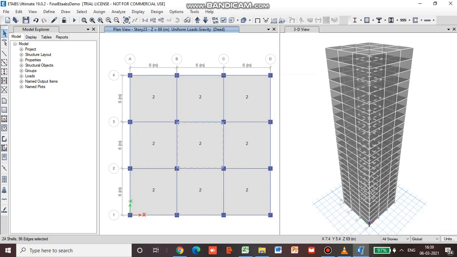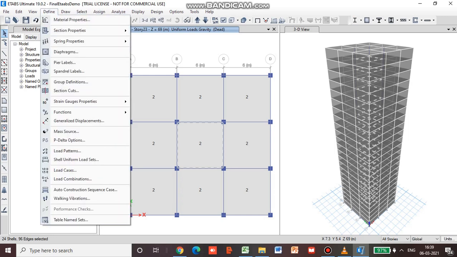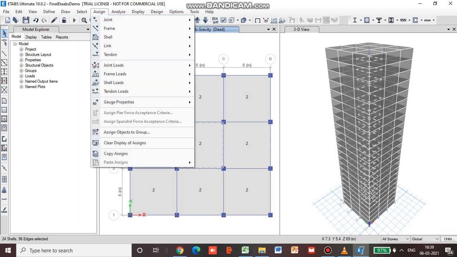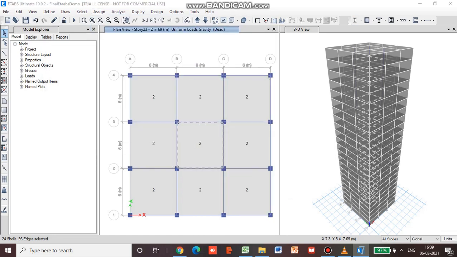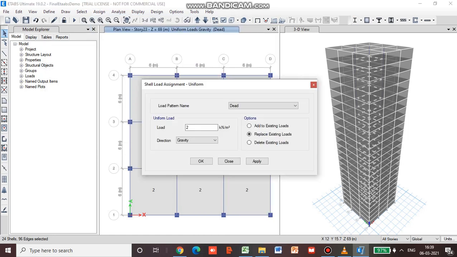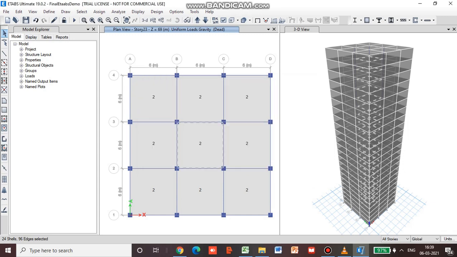So now you can see in the plan they have shown the load 2 applied all over the shell. Now we are going to define a live load. So we will go for assign, go to shell loads and go for uniform load. Now first we have to select all the shells.